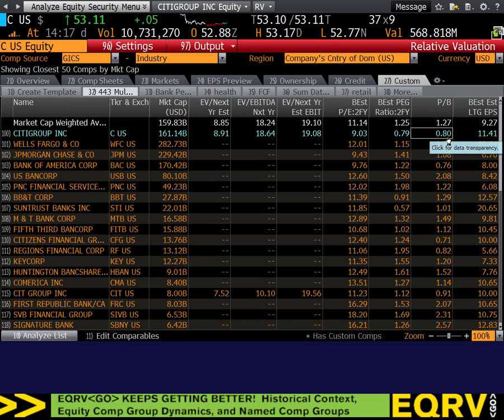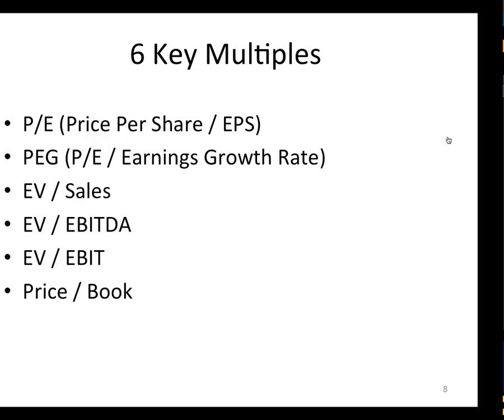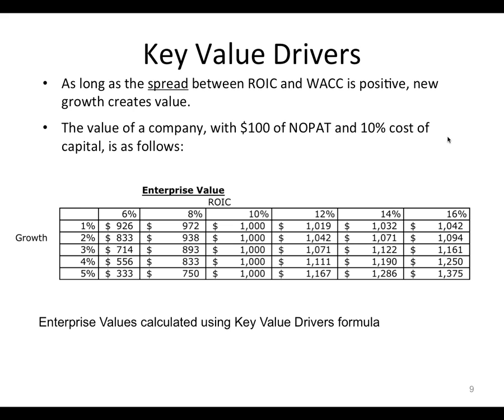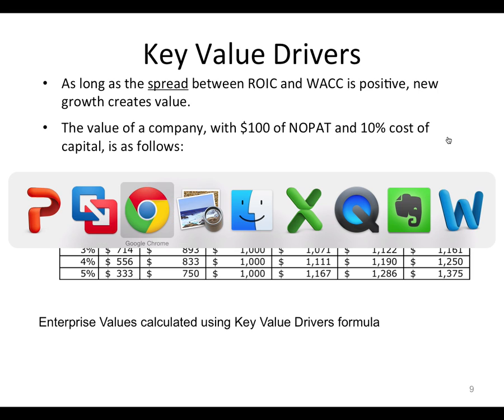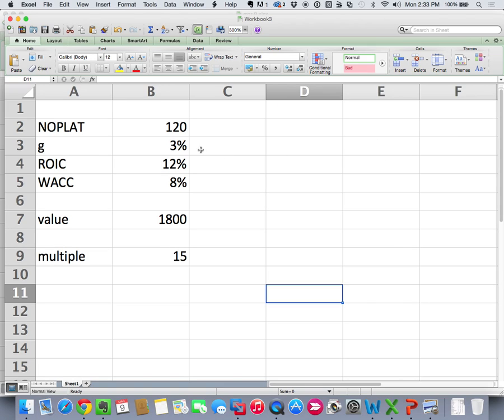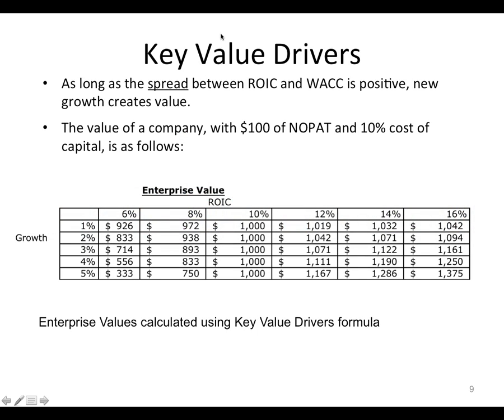And that's one of the things that we can quickly interpret: here's a proxy for the spread in plain sight. So let's talk about these multiples in more detail. I'm going to start out with our key value driver equation, the one we went over again and did on the midterm. The idea of the key value driver equation was that for a level of profit and a cost of capital, for different ROICs and different growth rates, you get these results.